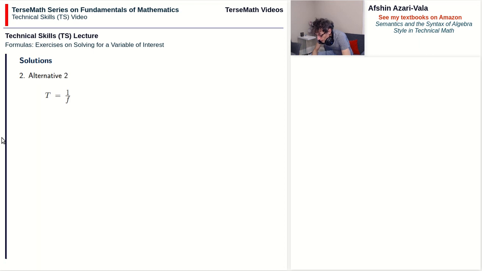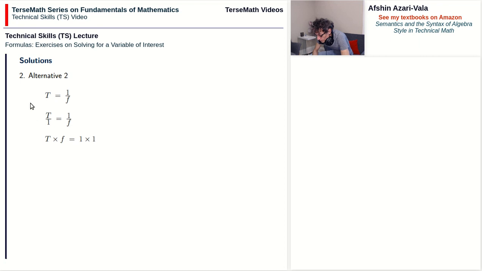Alternative 2, crisscross approach. So if you want to follow that approach, then you would see t as t over 1, and then you would multiply t by f and 1 by 1. In that way you'll end up with t times f is equal to 1 times 1. And of course the reason you can do that is because you're turning division by f on the left to